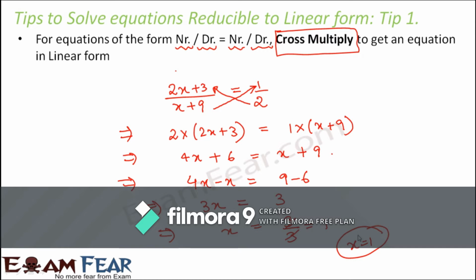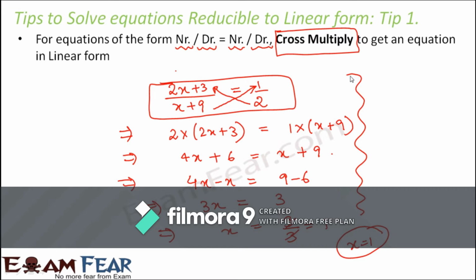So you see, even though the equation looked complex, we could very easily solve it. Now one important thing that needs to be noted here is that this rule is applicable only for equations in this form, and this rule is strictly not applicable for different forms of equation. For example, if you have an equation of this form, x by 2 minus 1 by 5 is equal to x by 3 plus 1 by 4.